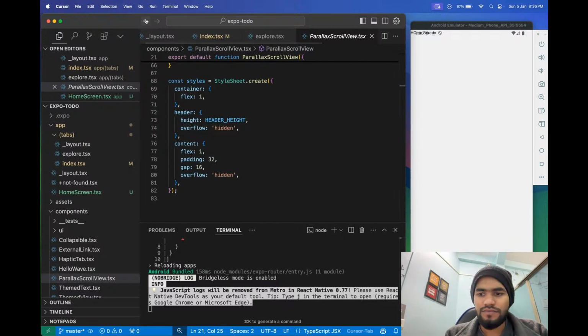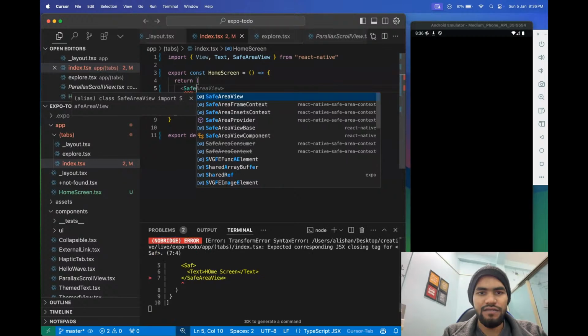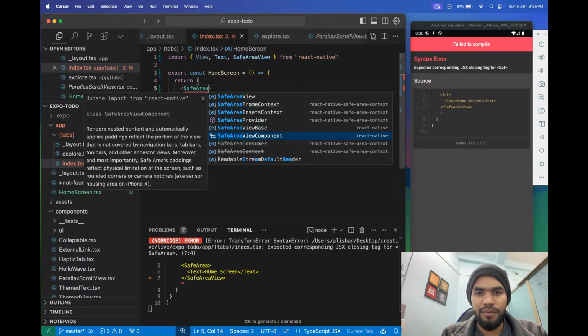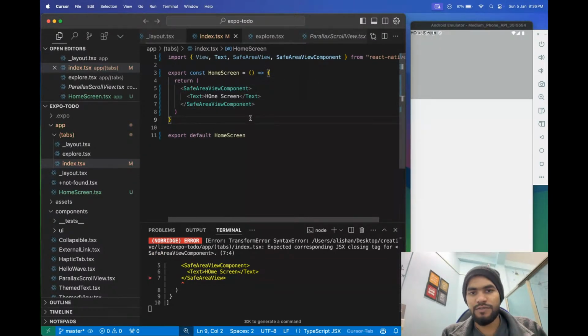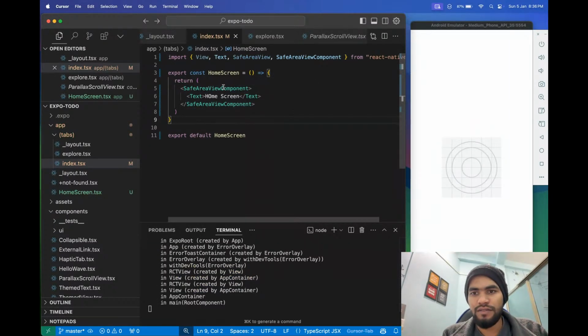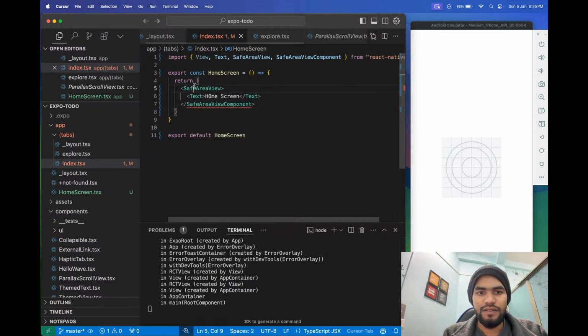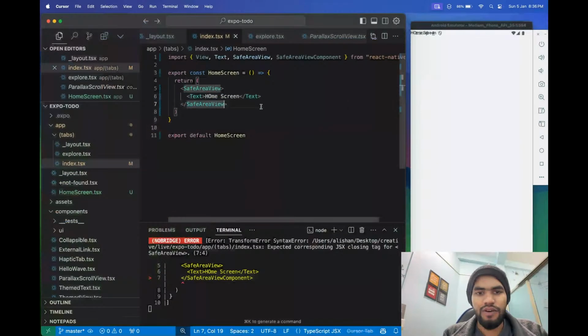Okay, so I think what I can do is import this SafeAreaView component, and let's try with this one. I think I'm doing it the wrong way. Okay, so let's try with the SafeAreaView, and after this